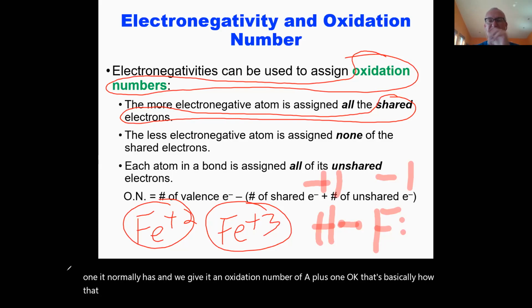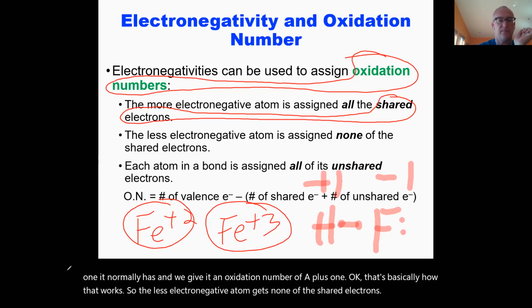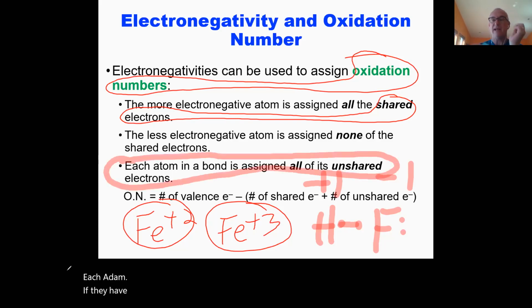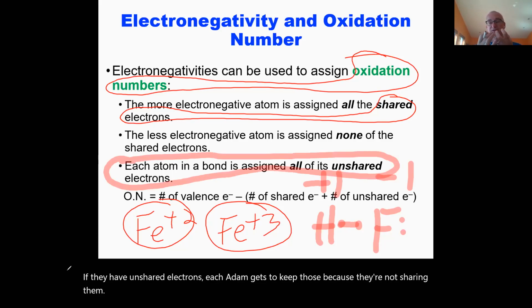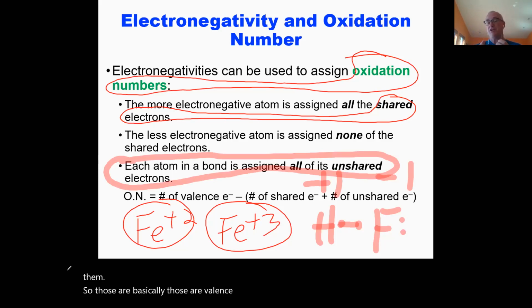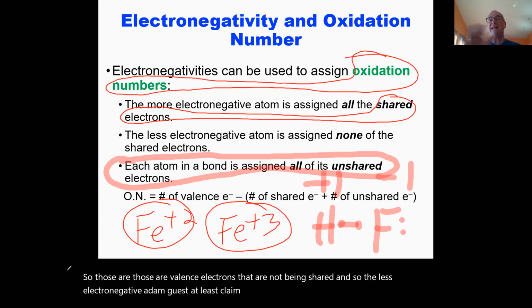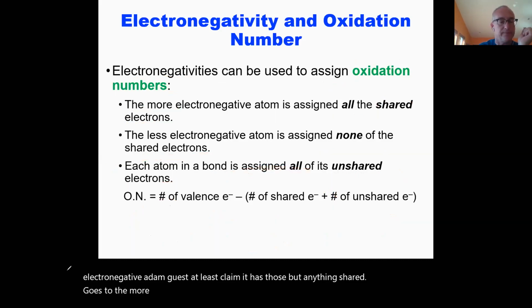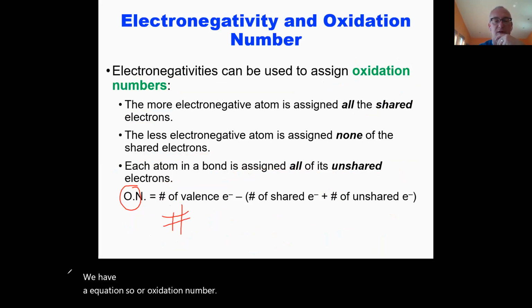So the less electronegative atom gets none of the shared electrons. Each atom, if they have unshared electrons, each atom gets to keep those because they're not sharing them. So those are valence electrons that are not being shared, and so the less electronegative atom gets to at least claim it has those. But anything shared goes to the more electronegative. And so to figure it out, we have an equation. So our oxidation number is the number of valence electrons that an element has. So in this instance, with HF,